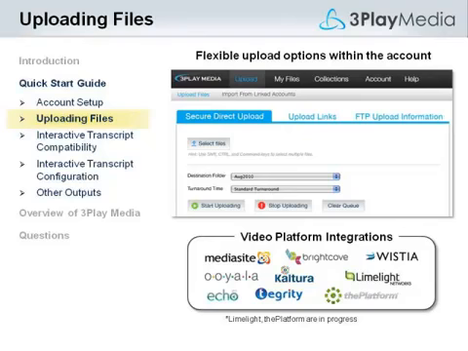So there's several ways to upload videos, including a secure web uploader, FTP, or our API. We've also built integrations with several online video platforms and lecture capture systems, such as Brightcove, Ooyala, and Kaltura, to make the workflow even easier. So everything is really based on this web interface, so there's no software to install at any point.